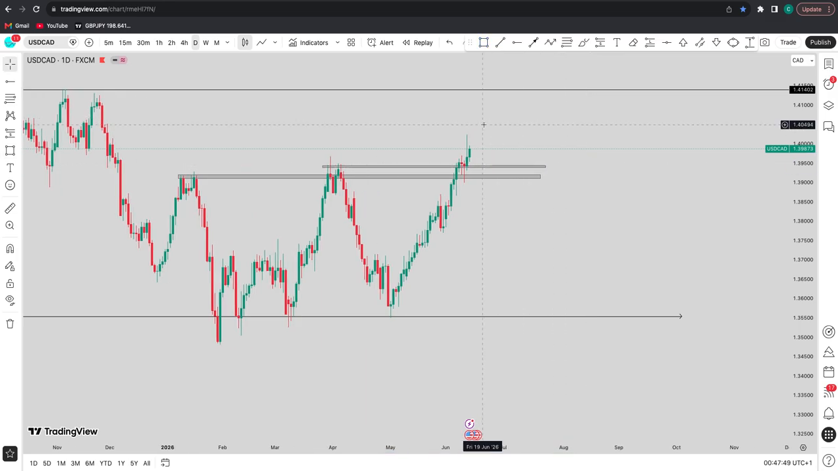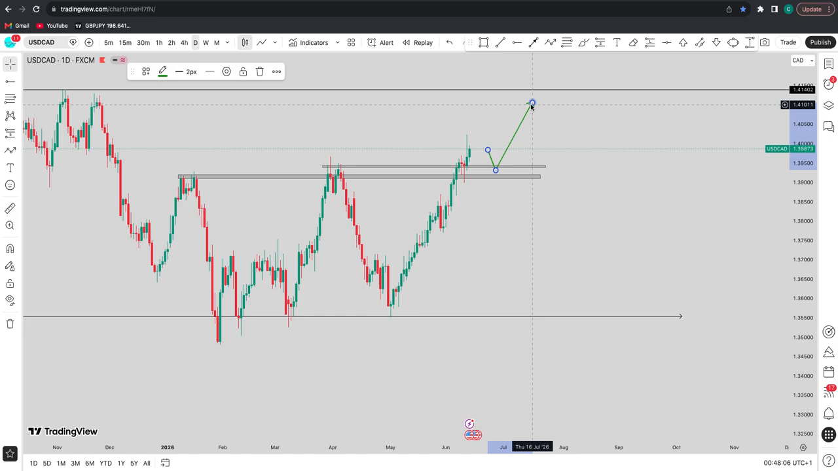So what I want to see on this market is for the market to come back and retest either of this zone. I want the market to pull back into this level right here. Then we'll catch it on the pullback. So it should not be that complicated. If I get a pullback into this level around here, I want to look for reasons to start buying this market